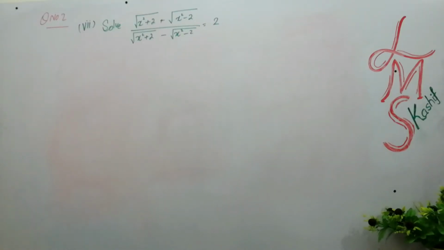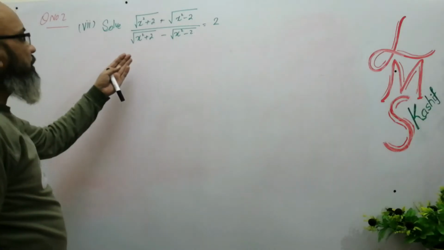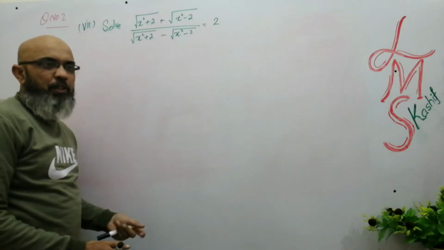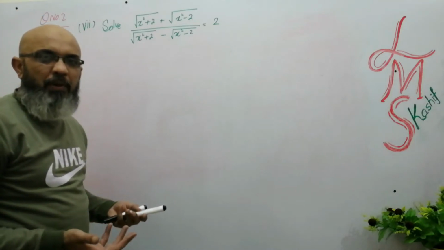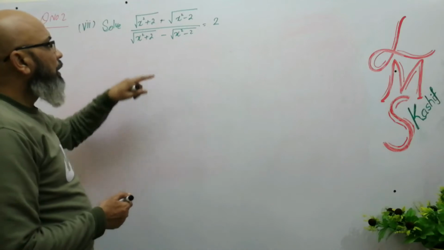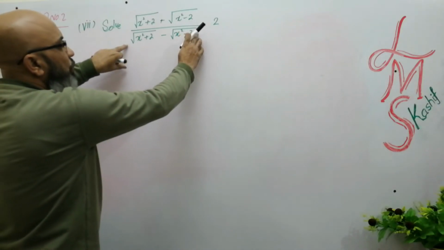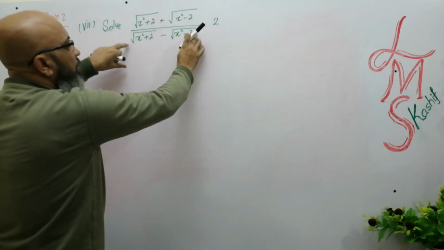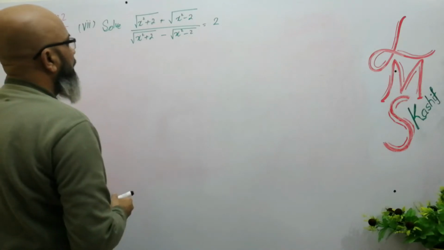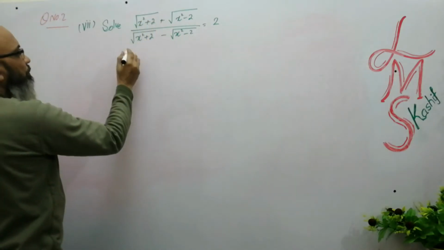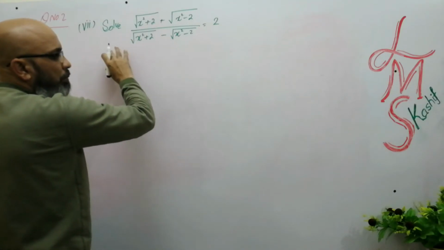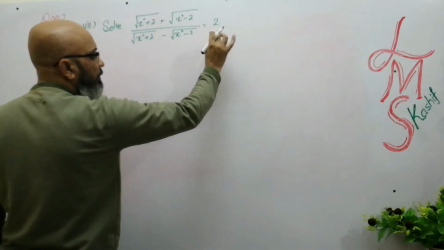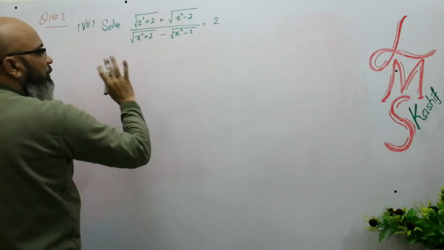So now it's the seventh part of this question. Again, we will solve this question with the help of componendo dividendo theorem. So now you have a lot of practice. What is that theorem? It means this whole value one time add and this whole value one time subtract. So let's start by applying. You have to write one line here, by applying componendo dividendo theorem. So I am directly applying